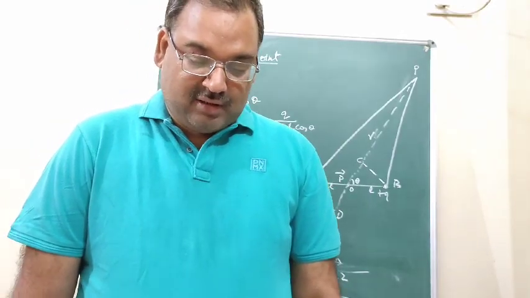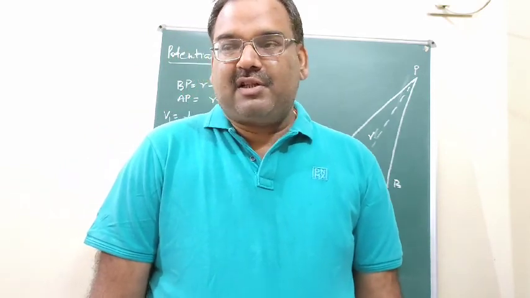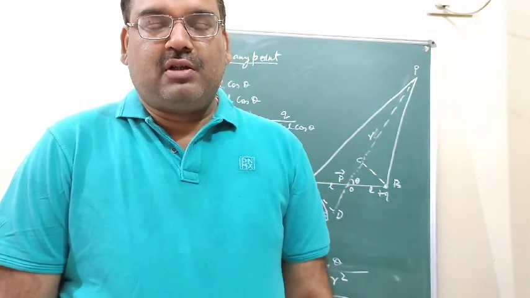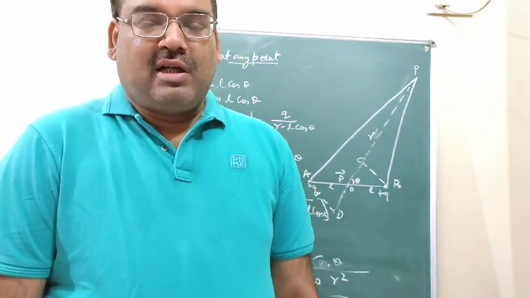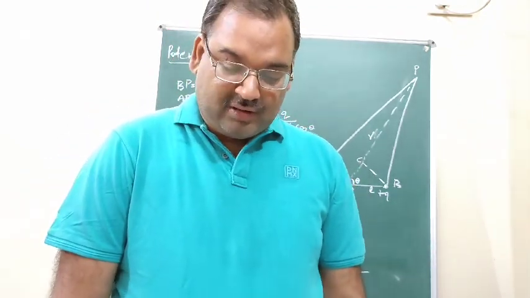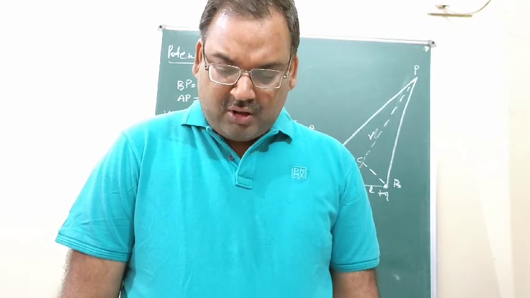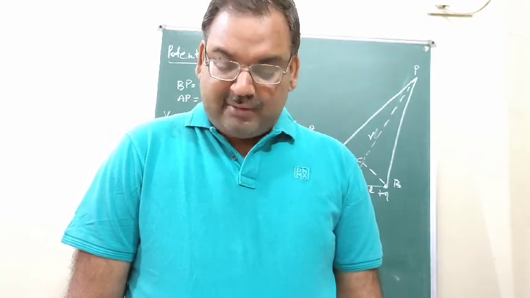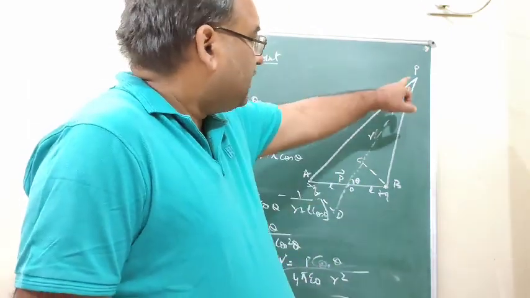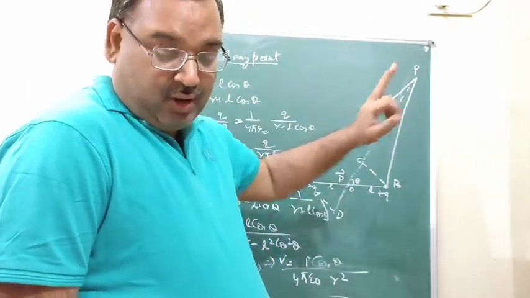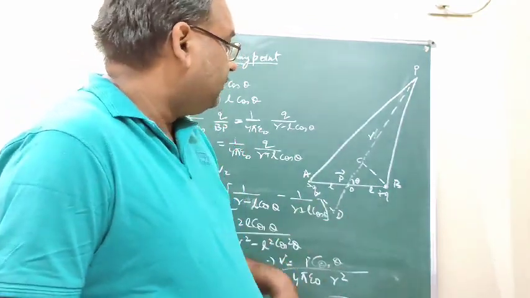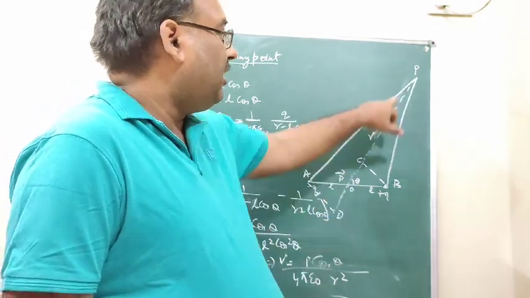Now we will start with the potential at any point. We have discussed two cases: in one case we found the resultant potential at a point on the axis of the electric dipole, and the second one at the perpendicular bisector of the electric dipole. Third one, we will find out the potential at any point. So in general, any point can be taken. So let us take P a point anywhere near the electric dipole. The distance of the point from the center of the electric dipole is r.